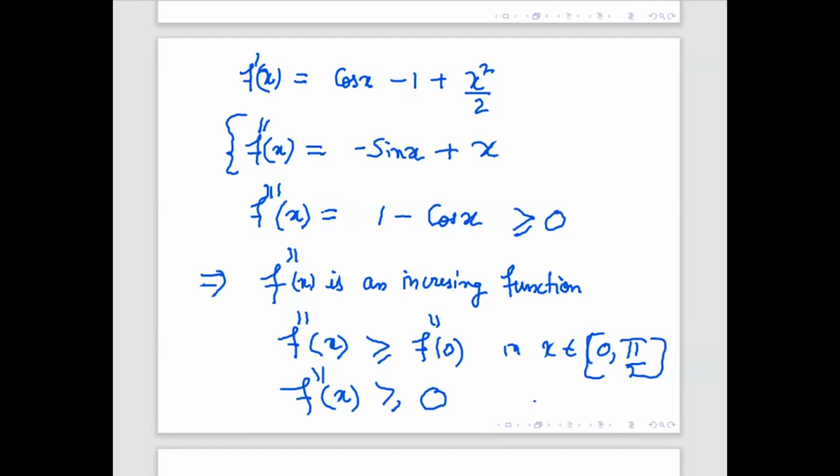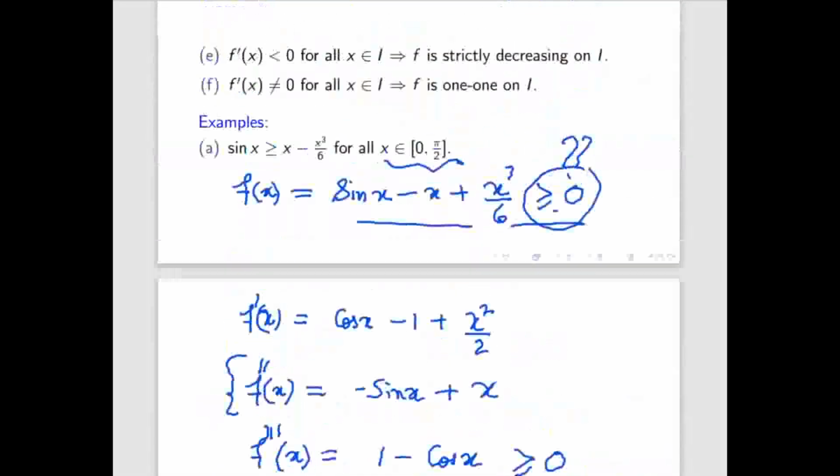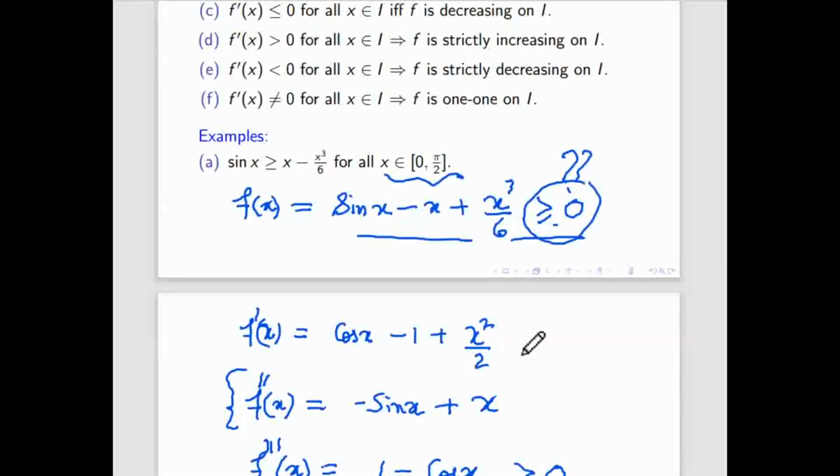If anyone wants me to write it, I can write it, otherwise I can leave it. Sir, can we prove it from f dash x only? Yes, if you are able to prove that f dash x is greater than or equal to 0, then it is increasing. Whatever is written, this is f of x and this is f of 0, that's why this inequality will hold. If you are able to prove this directly, then you can say so. You have to justify whether f dash is increasing or not.